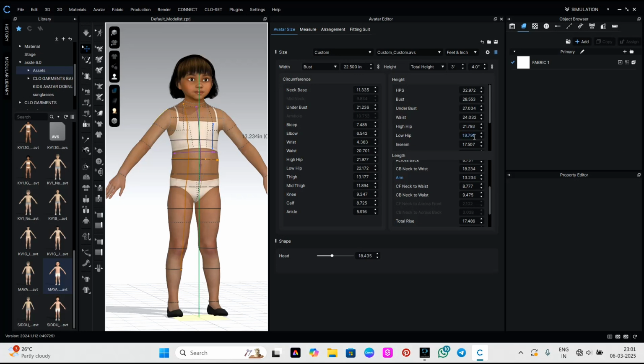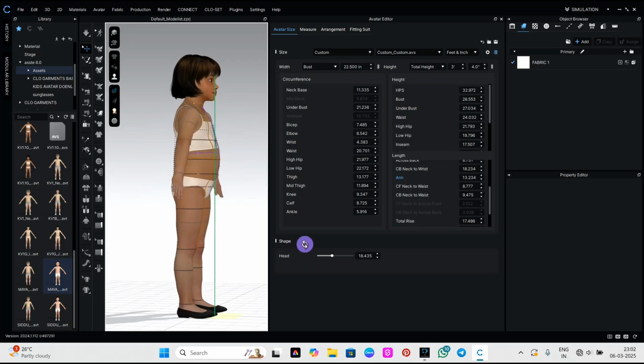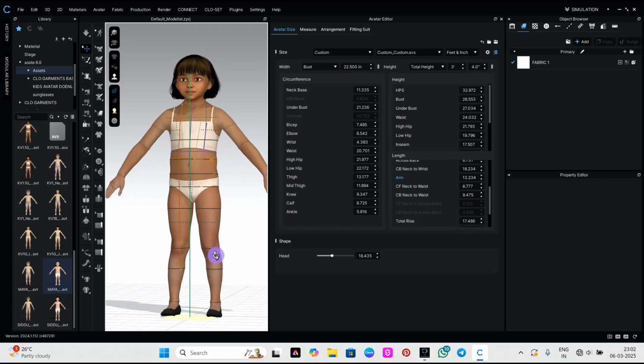the CLO bodies only, and you can give them a new measurement chart, and yeah, that's how it is done. Hope you understood the class, and thank